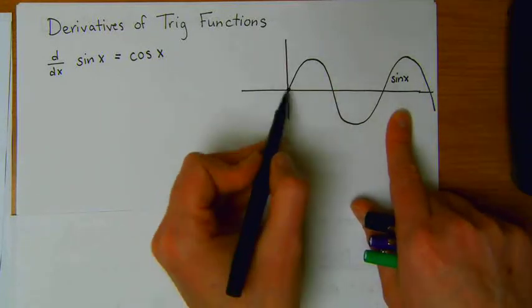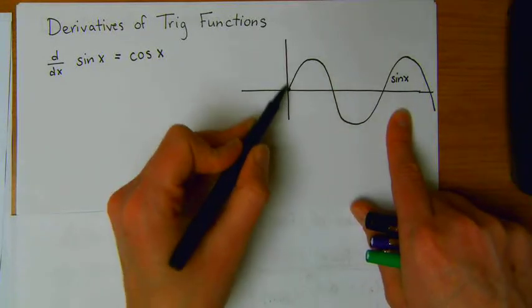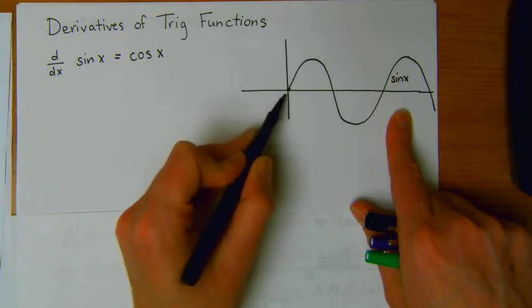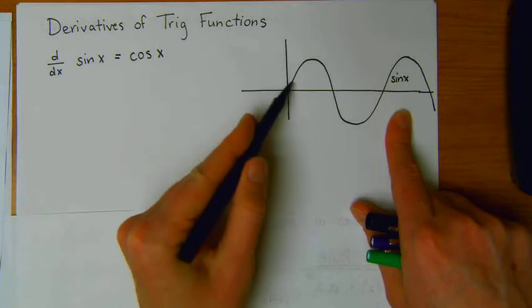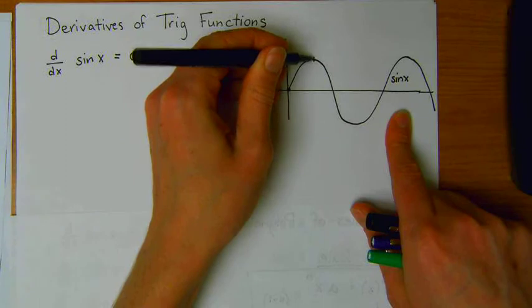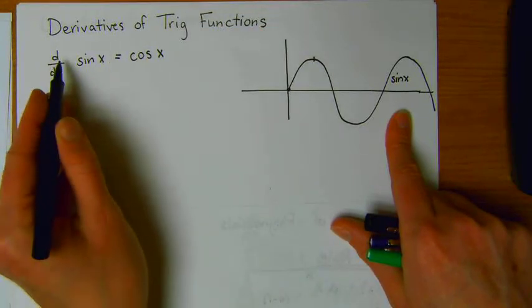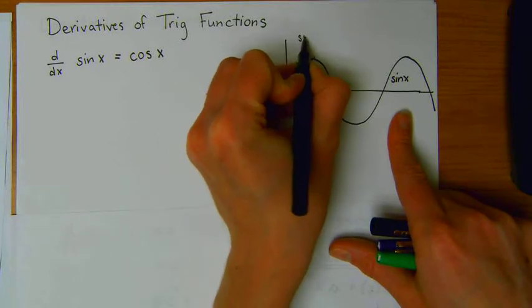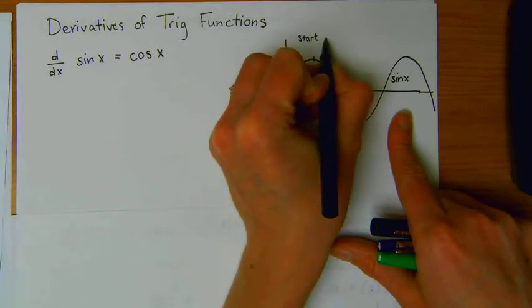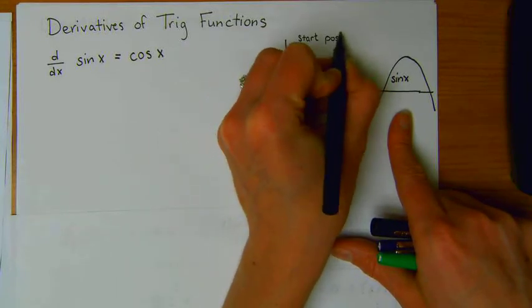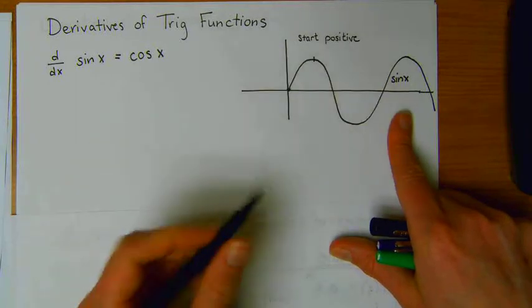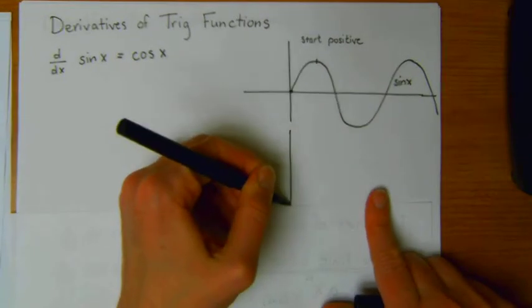And I know that the derivative of this has to start at a positive value, and the derivative is positive until I get to here where it's 0. So in my head, when I think about the derivative of the sine function, I always think to myself that it starts positive. And when I compare that to my cosine function,